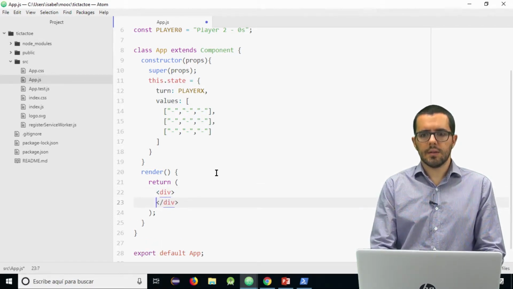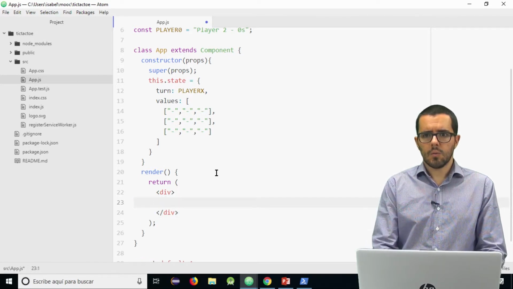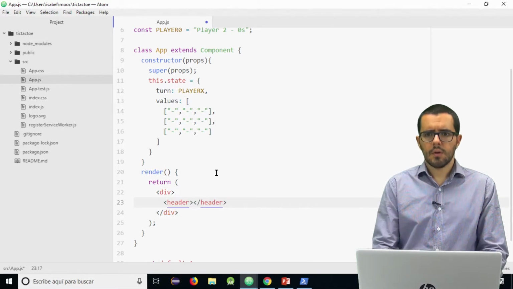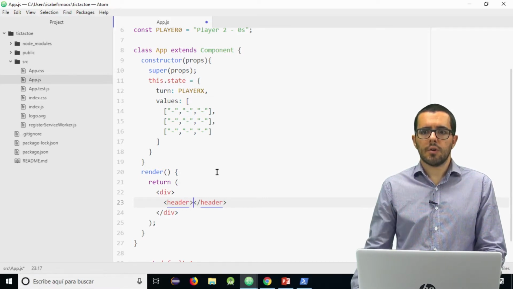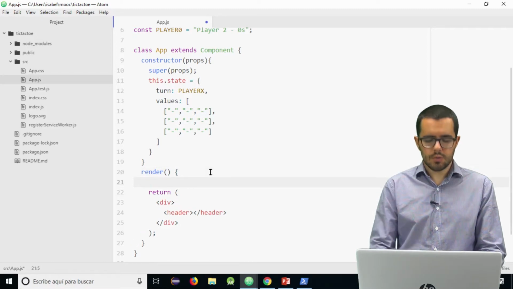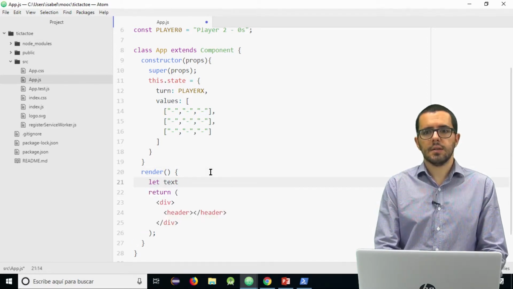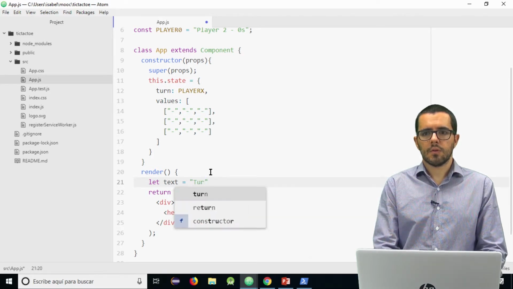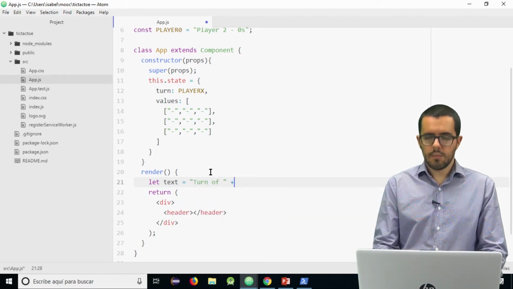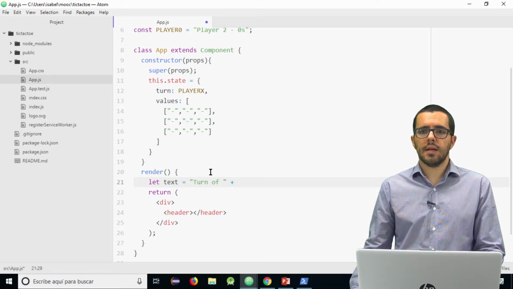In this case, we want a div, we want a header with the content. What content we want to put here? The turn. Remember the interface? Turn of player 1 or player 2. Let's compose that text, that is turn of plus, where do I get the state?